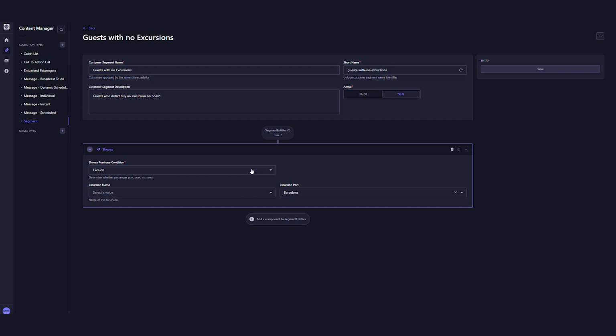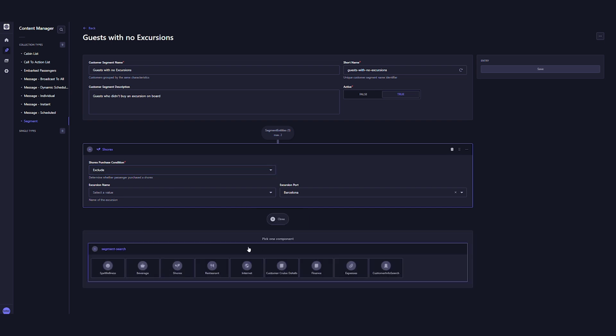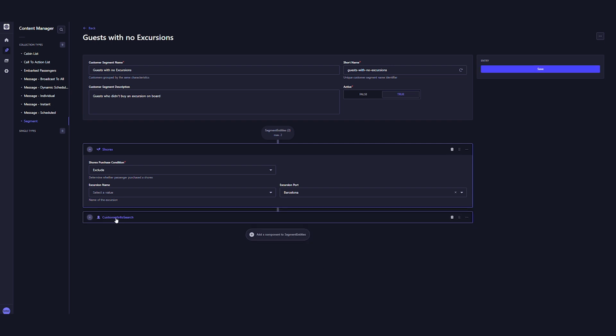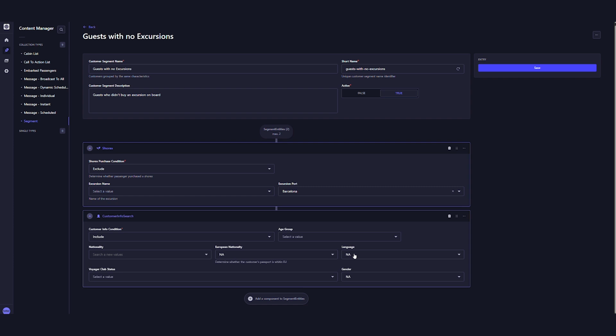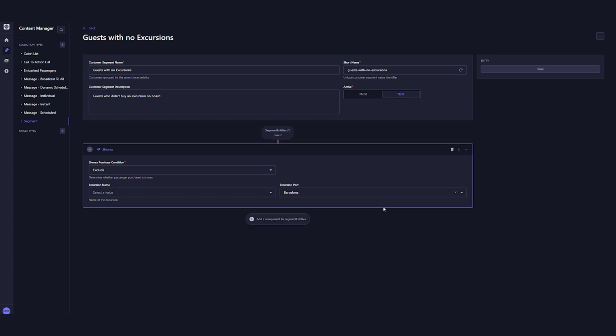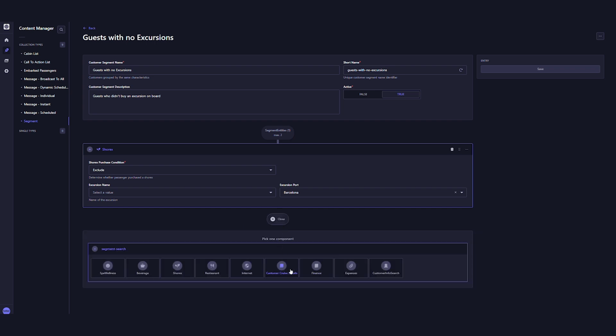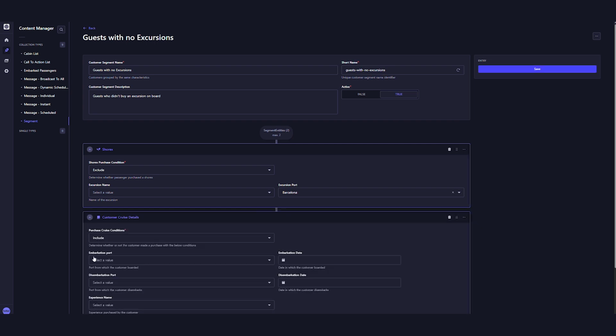The segmentation logic determines the inclusion or exclusion of guests within the segment based on three main clustering areas: whether they have already booked or purchased a specific service within the available onboard departments, spa and wellness, beverage, attractions, excursions, restaurant, and internet. Include or exclude based on customer personal information such as age group, gender, Voyager Club status, and so on. Include or exclude based on cruise-related details such as room type, purchased experience, payment method, and so on.